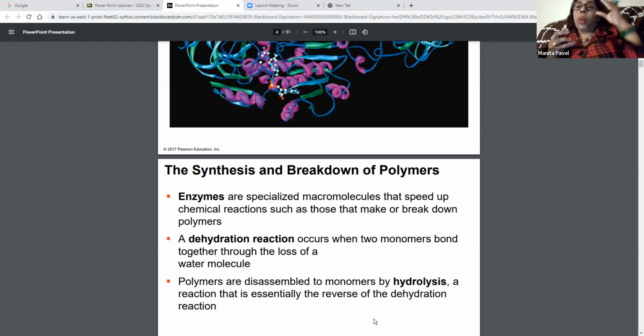So remember one reaction. If you remember dehydration, you're taking small molecules, you're taking two monomers, you're joining them together with the loss of a water molecule to make a polymer. Then that process is called dehydration synthesis. Opposite of dehydration synthesis is hydrolysis. Hydro comes from the word water. Lysis is splitting. So you're adding a water molecule